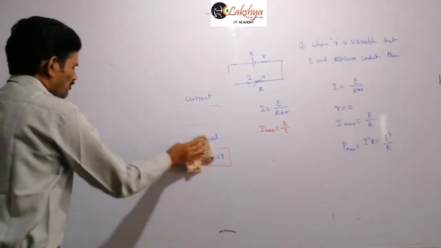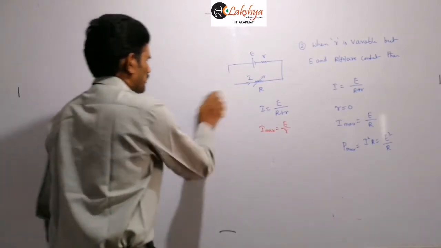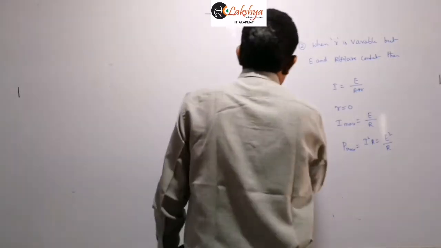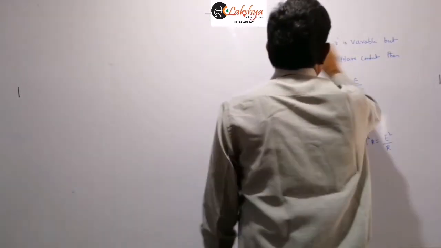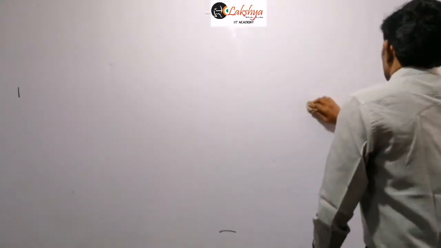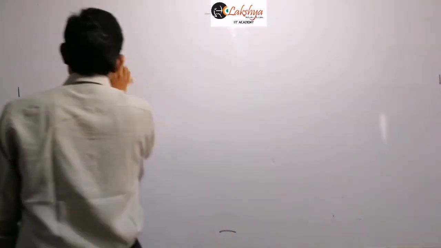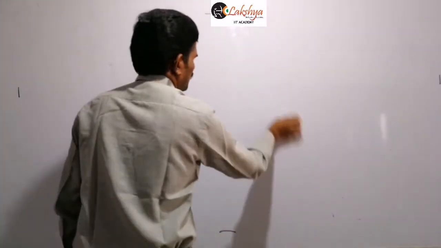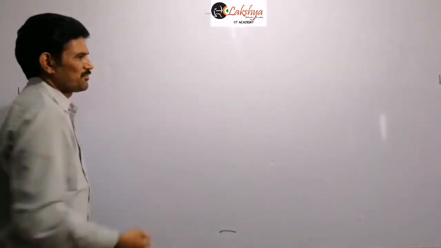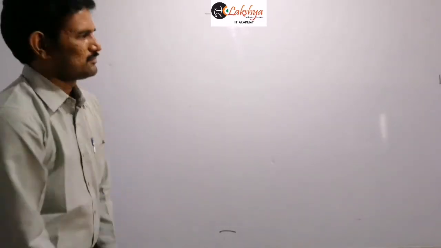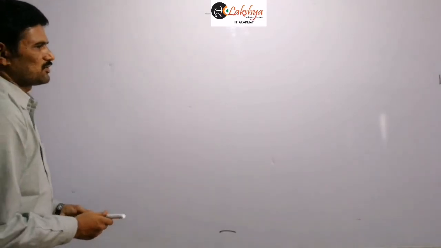And so that is the combination of the cells, series, parallel, and mixed grouping of the cells, and the maximum power transfer theorem. And so let us see some problems based on these combinations here. As the mixed grouping is just completed, now let us write a problem based on the mixed grouping.